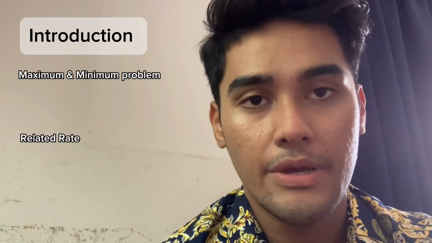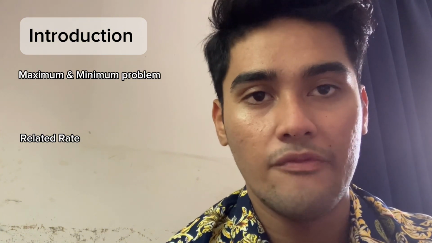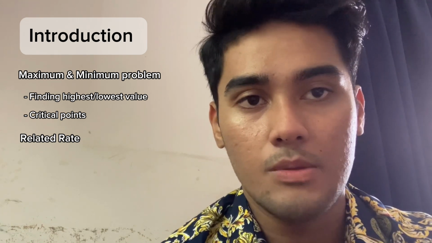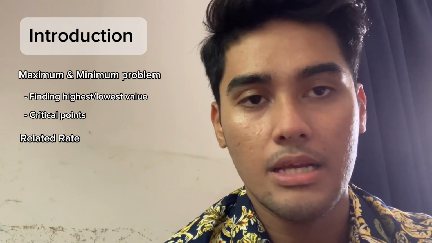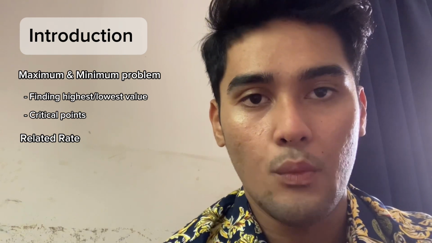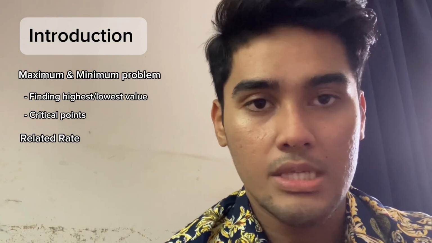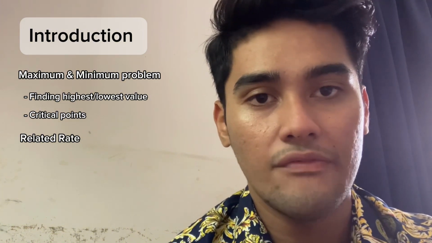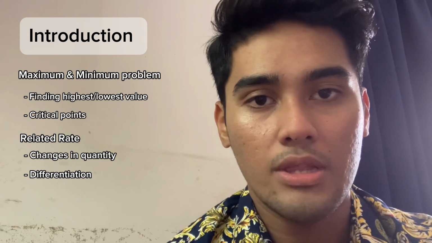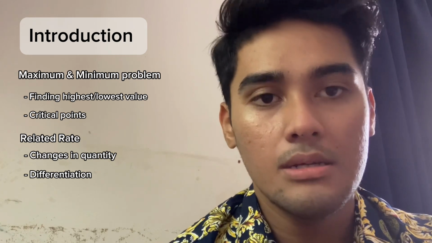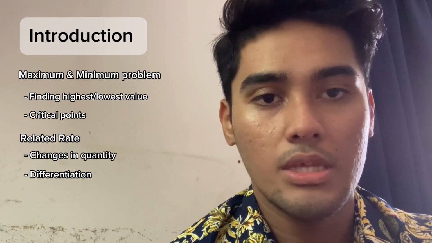I'm going to talk about maximum and minimum problems, also with related rates problems. In calculus, maximum and minimum problems involve finding the highest or lowest values that a function can attain. These problems often require understanding the critical points of the function, where the first derivative equals zero or does not exist. For related rates problems, it involves determining how different quantities change over time when they are related by some function. These problems typically use implicit differentiation to find the rate of change of one quantity given the rate